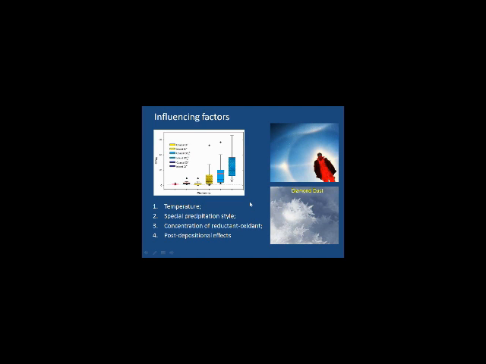We also studied the possible influencing factors, and temperature may be one reason. We know that the inland region is much colder, which may be useful for preventing re-evaporation of the total mercury from the snow layers to the atmosphere. And in the inland region, diamond dust is a special precipitation type, and it may also help keep the mercury in the snow layers. And also we found that the concentrations of reductant and oxidant, the